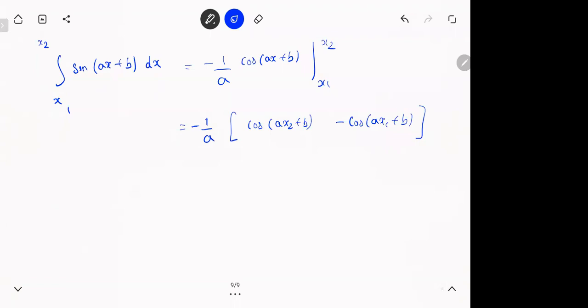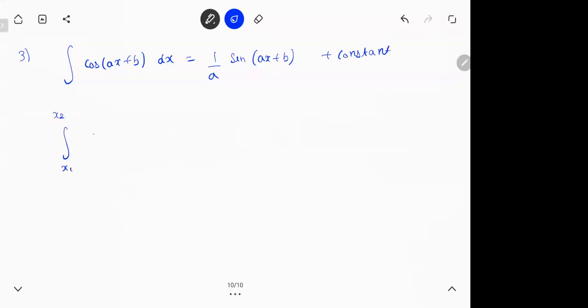Clear, Dhruvi, so far? Third one. Integral of cos. So if you take the limits x1 to x2,